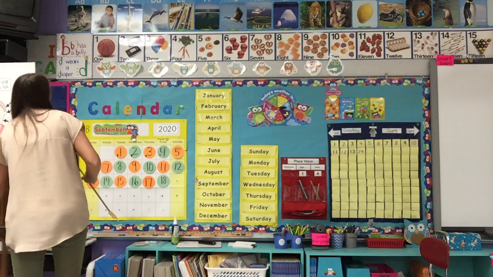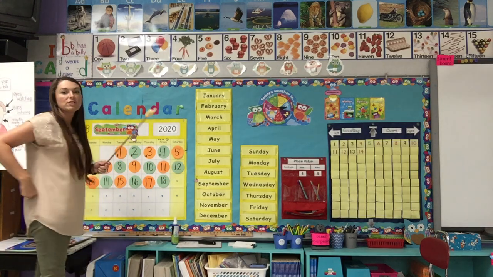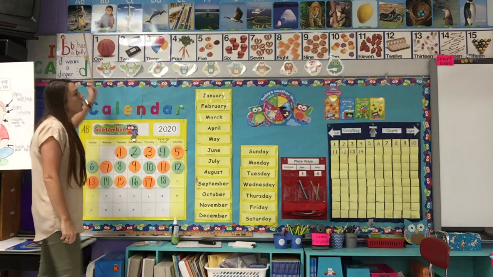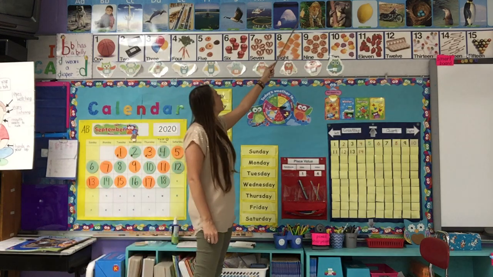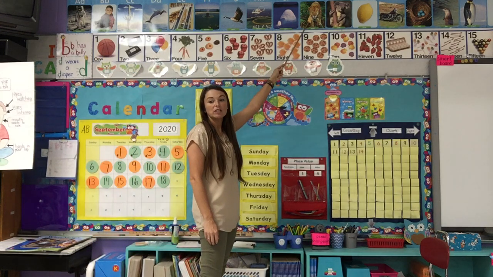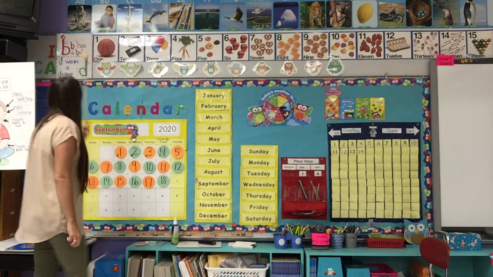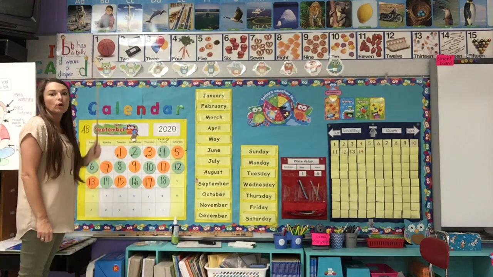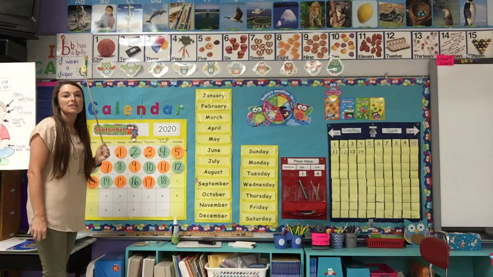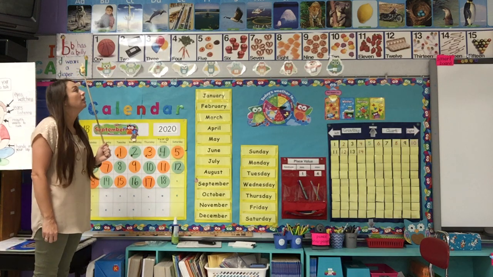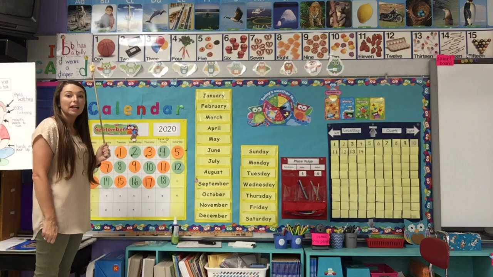Also this morning, we're going to go over here and look at our alphabet at the top of the room on the wall. And so far, we've talked about letters A through J. We talked about I and J yesterday. So we're going to say the letter name. We're going to do the sound that letter makes. And then we're going to say the picture that begins with that letter and sound.